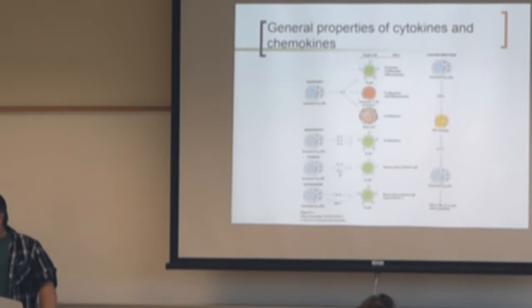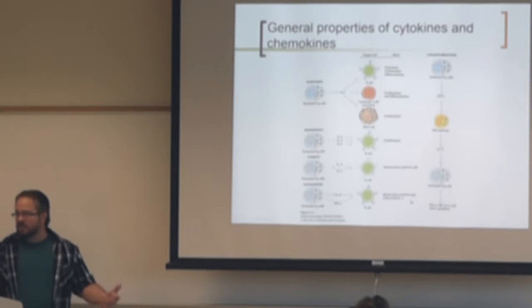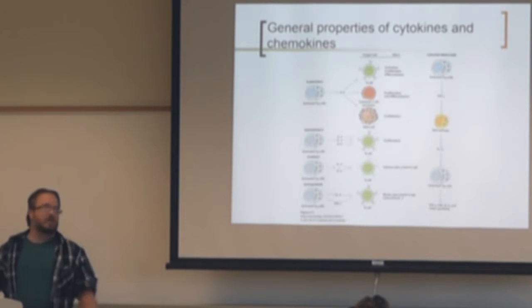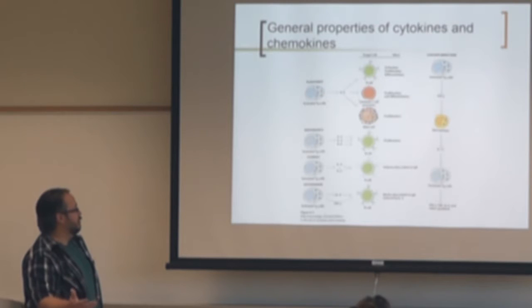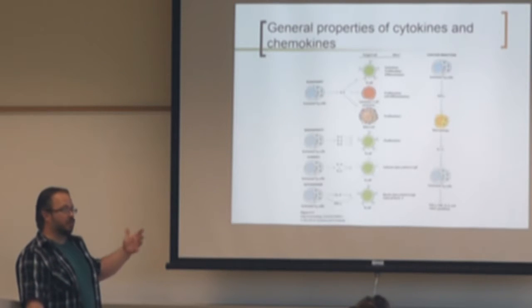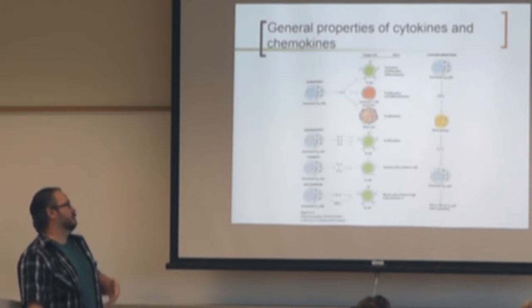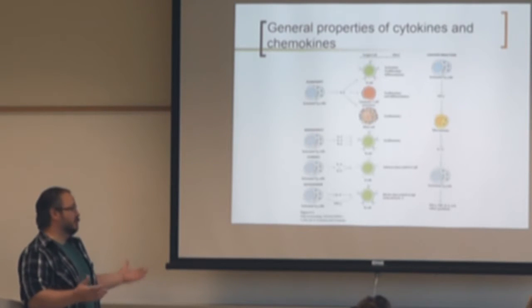Synergy: IL-4 and IL-5 can work together to induce class switching, and so they will have this synergistic effect. Whereas antagonism, and we're going to use IL-4 and interferon gamma here, we're looking at a B cell, but the same thing could be said in maybe T cells. So in B cells, IL-4 will drive class switching to IgE, but interferon gamma is going to block that. And so interferon gamma and IL-4 are kind of competing also in T cells for T cell differentiation to become a Th1 or a Th2 cell.